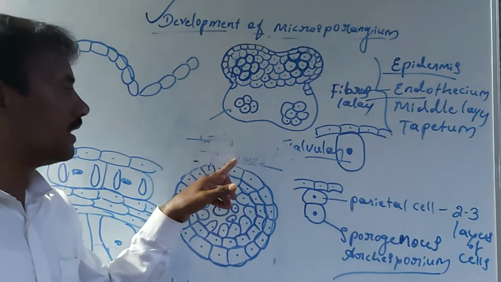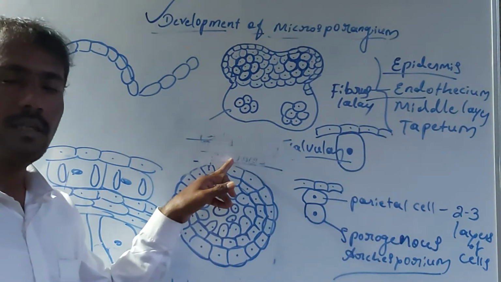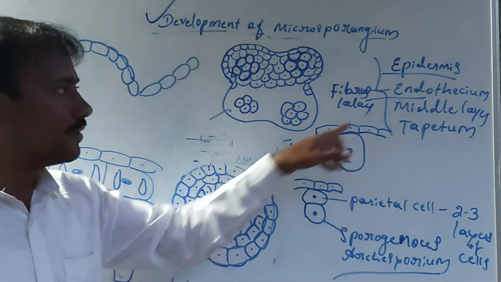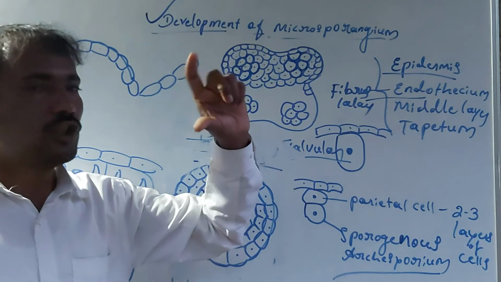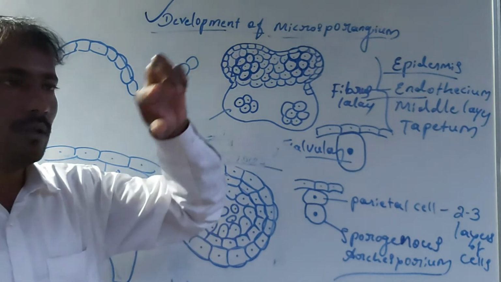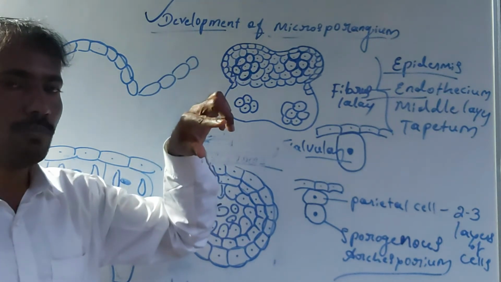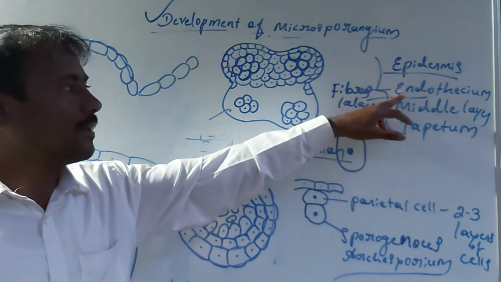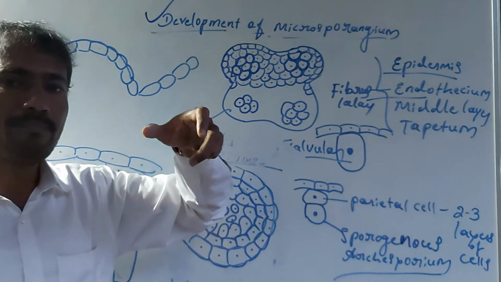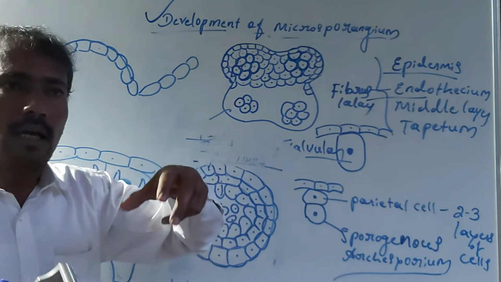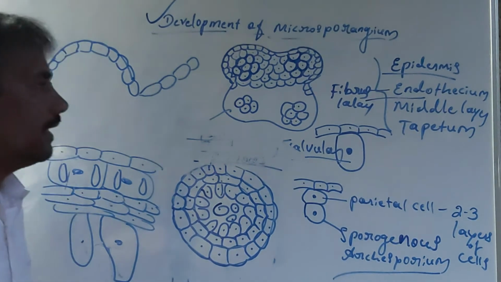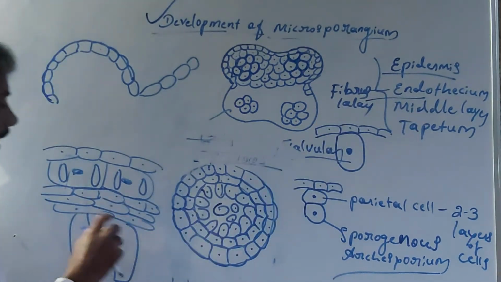Longitudinally, transversely, at the tip of the anther, anther lobes, and valvular type. So on maturity of the anther of the microsporophyll, the wall of the microsporangium is composed of the endothecium. The hygroscopic nature of the endothecium helps in the dehiscence of the anther. Next to the endothecium, there lies a middle layer.